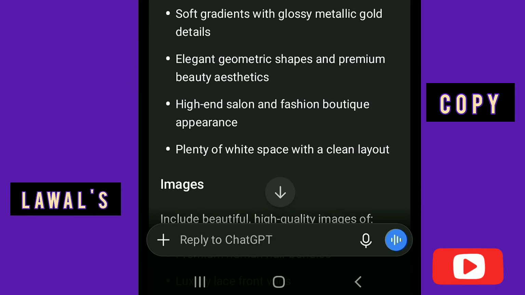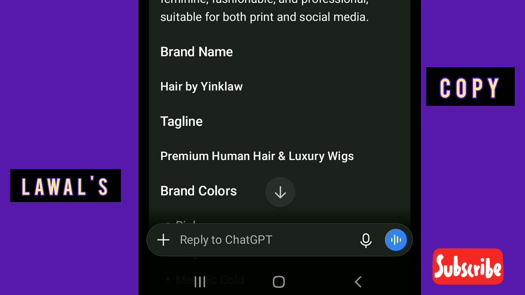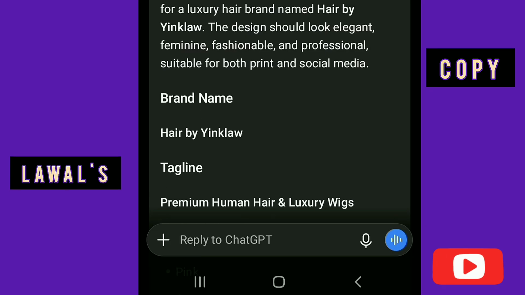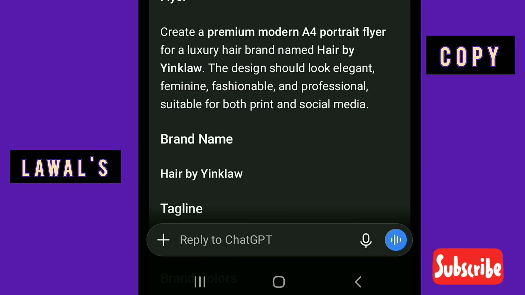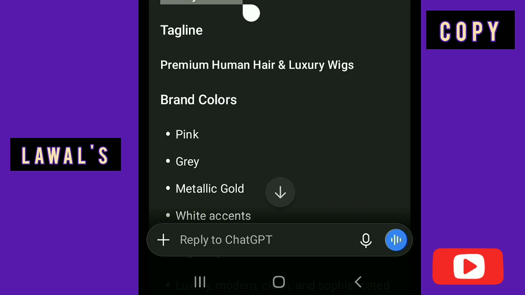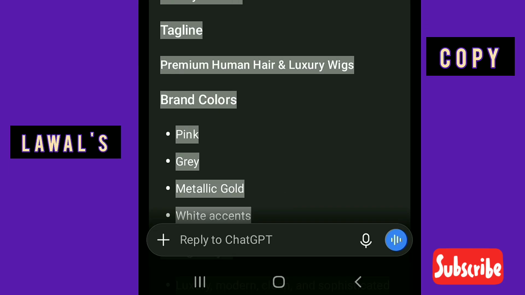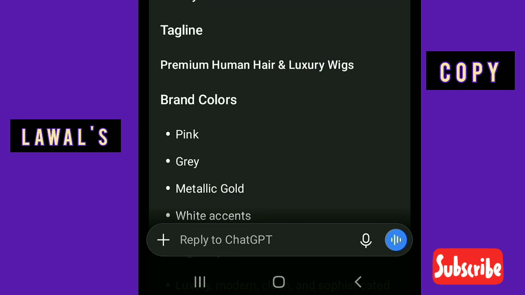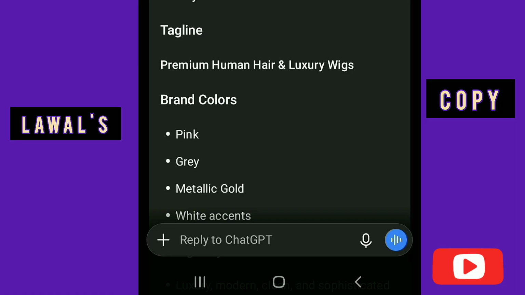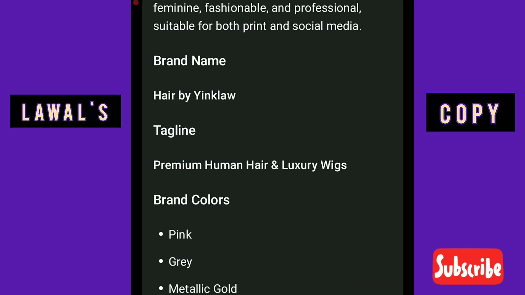This is the prompt that ChatGPT generated for us. What we are going to do next is to copy the prompts that ChatGPT generated by long pressing on it, then click on select all, then click on copy, then bring it back to this place where we have the plus sign, where they wrote reply to ChatGPT. Place the prompt there